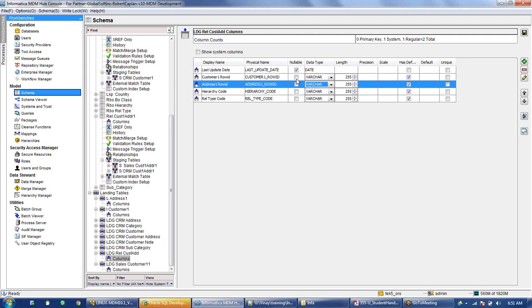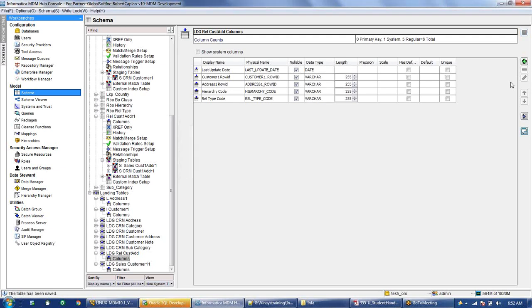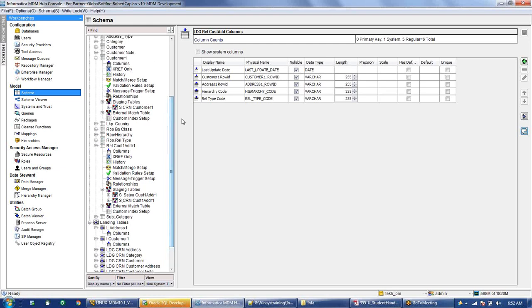And in the base object, every column is a not null column, so here we'll just make everything nullable, because the landing table has all the columns as nullable columns. So this is a change in the landing table, and then finally we have to make a change in the mapping. These are the three changes which are required if you have to load the data through the normal process.